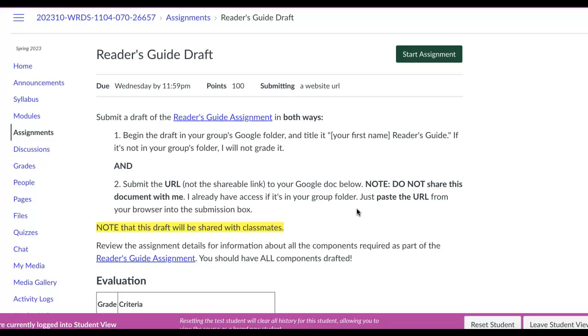So you'll want to submit that link by the end of the day Wednesday, and then just to plan ahead for next week, you'll have a peer review of your group members' Reader's Guide drafts due by 11:59 p.m. on Monday. So just plan ahead for that. If you want to, after Wednesday, start slowly working towards doing those peer reviews, you could always start that this week instead of waiting until next Monday. So kind of a short week,